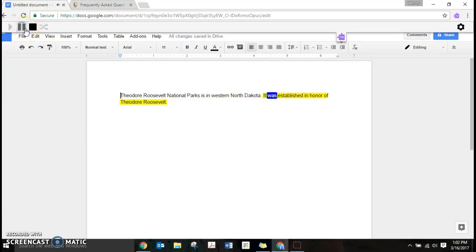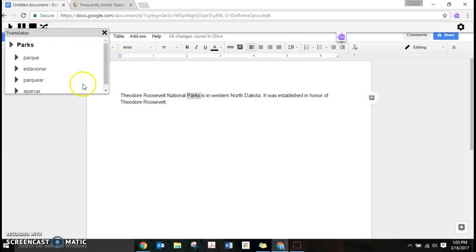Now it will continue to read until it gets to the end of the text, or as you saw, I pushed the pause button, so it will pause. And then if I push the stop button, it will just stop altogether and go back to the beginning from where I started reading the text. Again, I have the translate button, the same as in the web reader. If I highlight a word and I click translate, it will translate that word into the language that I have selected. So this is how the free